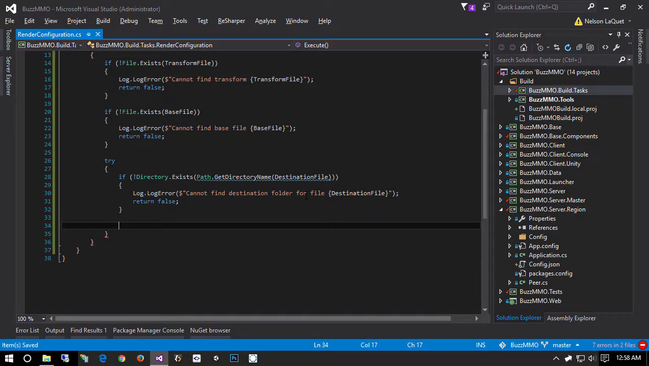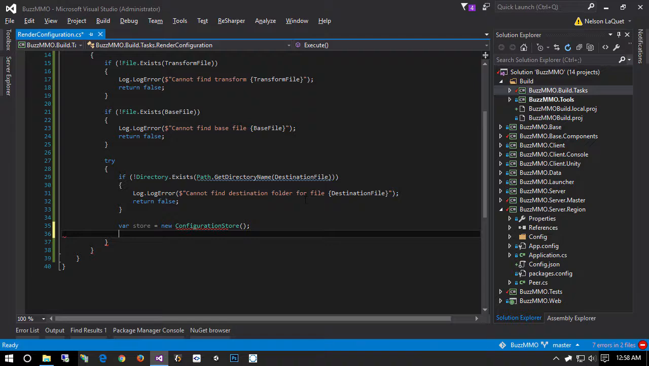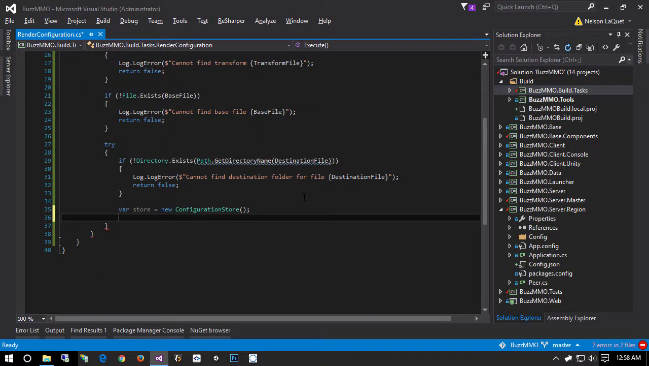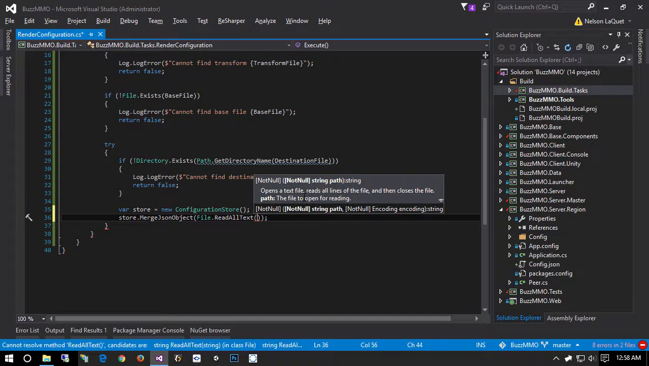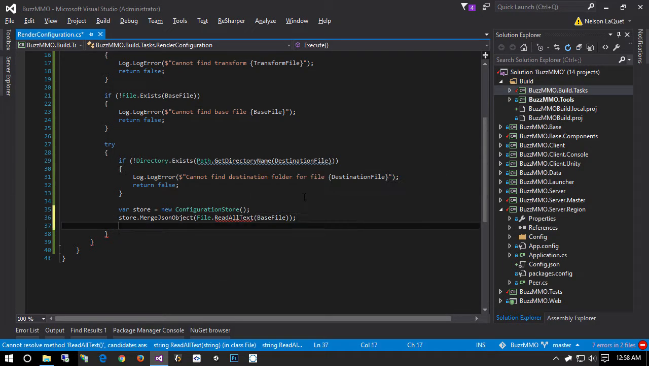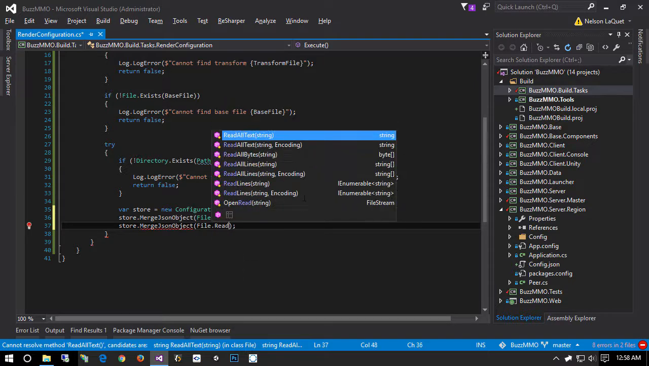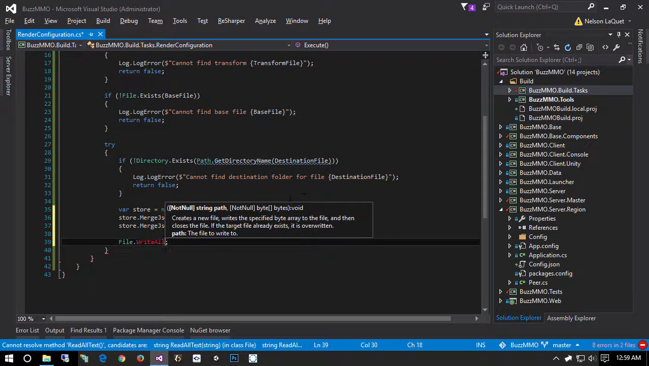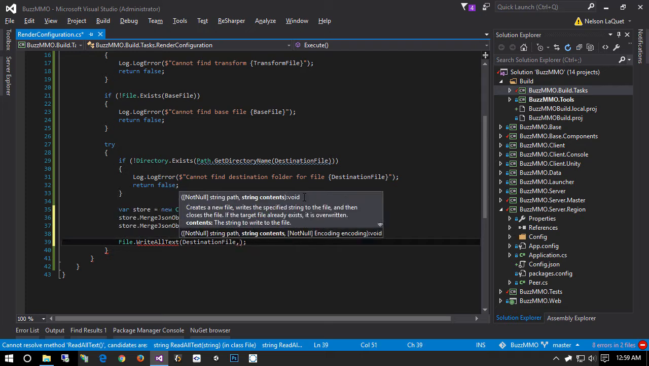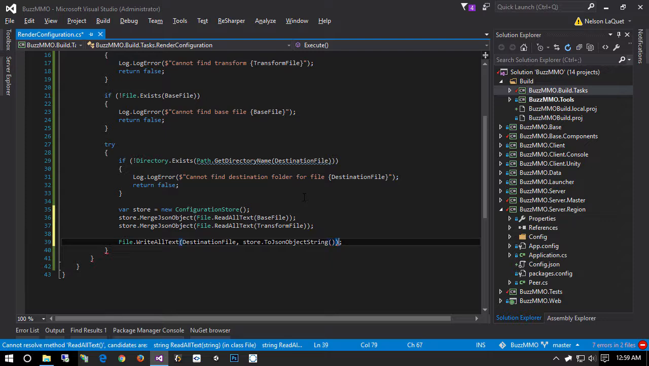And then I'm going to say try. I'll say var store equals new configuration store. If you recall, this is the thing that we use to merge JSON files with, so be sure to add your using statement for infrastructure at the top. And then I'm going to say store.merge JSON object file read all text, and then passing in base file, and then store merge JSON object file read all text, and then pass in our transform file. Then file.write all text, and pass in the destination file followed by store dot to JSON object string,